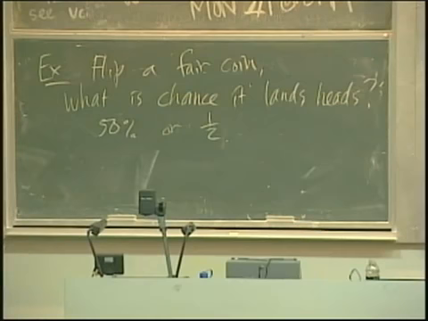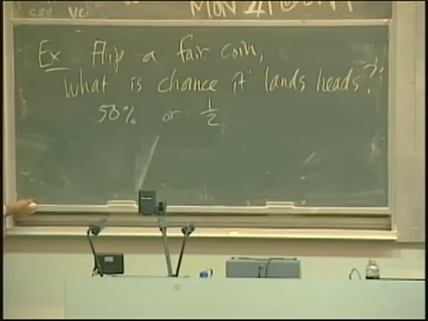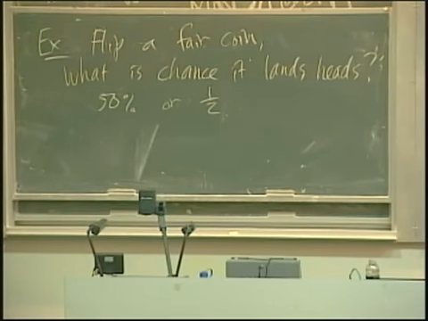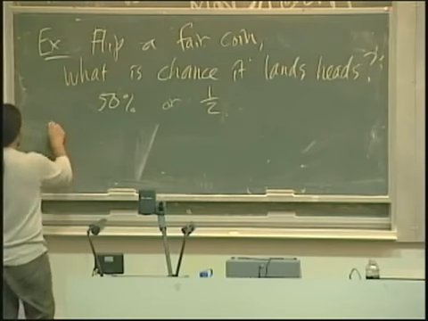And I think most people know that on some level. OK, so intuitively or whatever, you have some idea of what chance means on that level. But I want to be a little bit more careful with what I mean by chance. So when I say there's a 50% chance it lands heads, or if I say the chance or probability it lands heads is 1/2, what I mean is that in the long run, if I flip the coin over and over again,